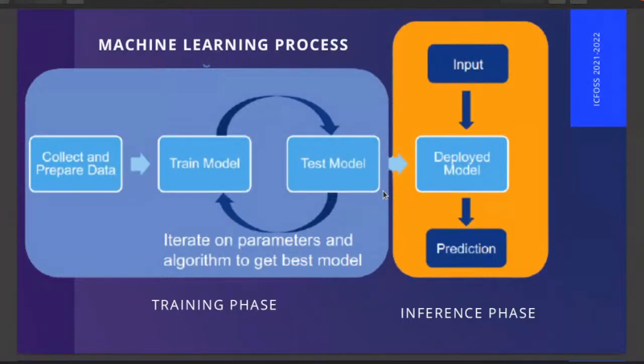First, even though it's edge genetics, there is a machine learning process, everything is a machine learning process. Normally it's a two-phase process: the first is the training phase and the second is the inference phase.